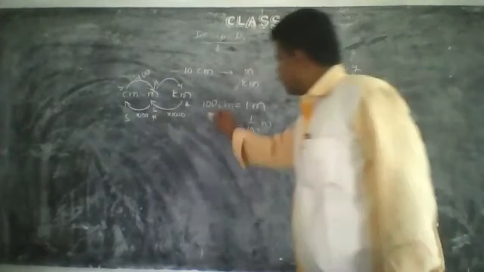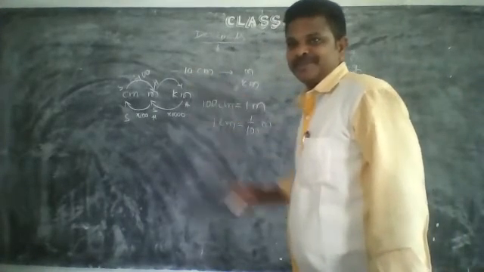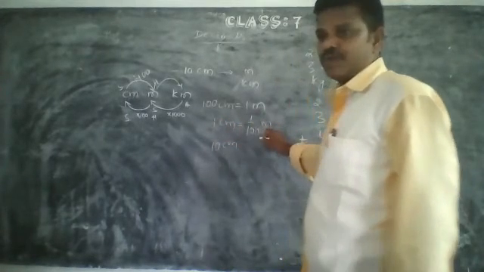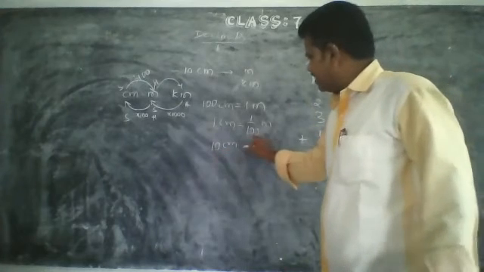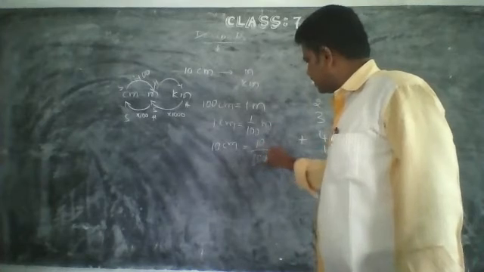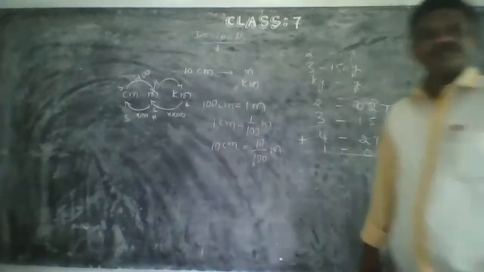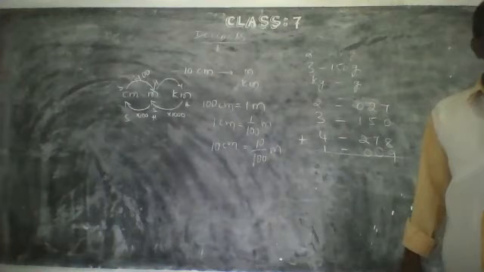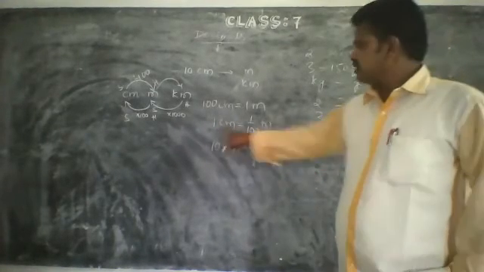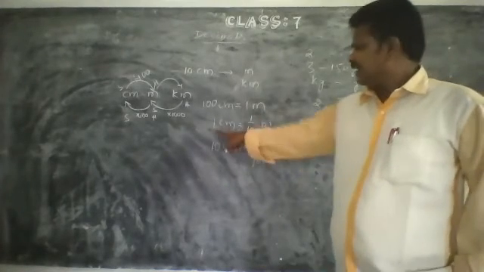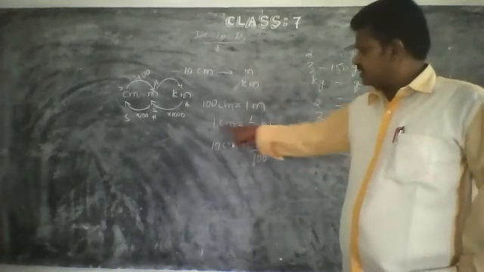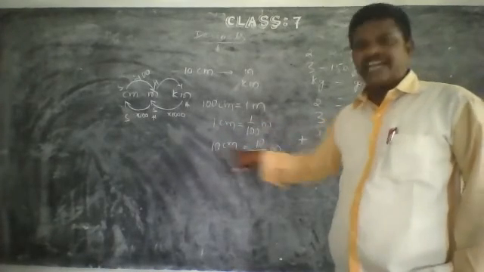Right? And what about 10 centimeters? I have 10 centimeters, but 1 centimeter is equal to 1/100th meter. What about the 10 centimeters? 10/100 meter. 1 centimeter equals 1/100th meter, 2 centimeters equals 2/100th meter, 3 centimeters is 3/100th meter, 4 centimeters 4/100th meter, 6 centimeters 6/100th meter. But I have 10 centimeters.